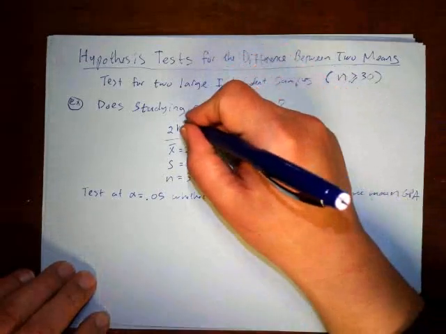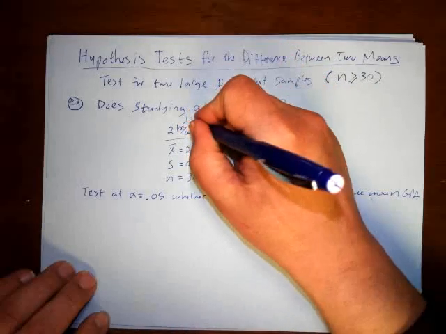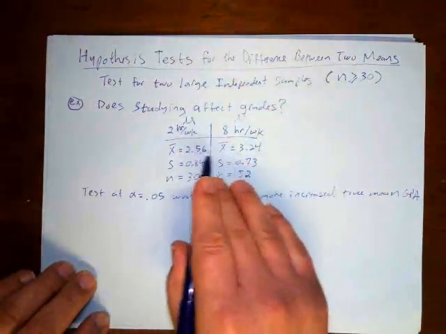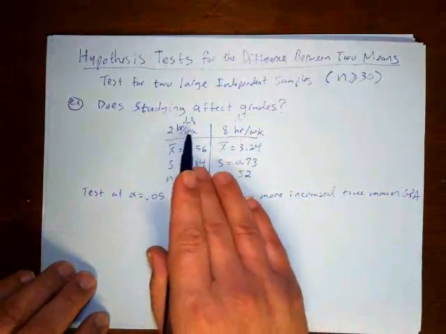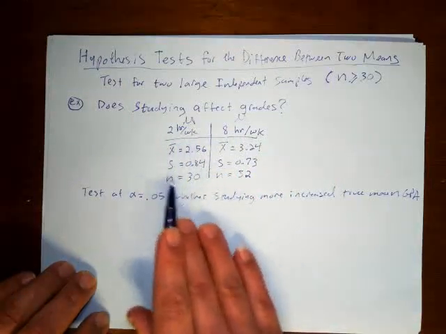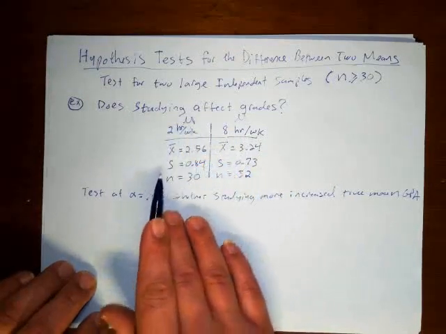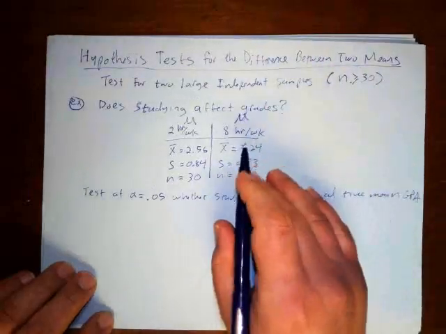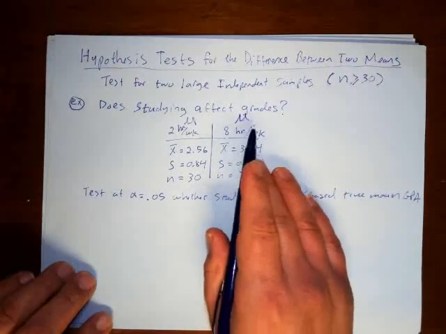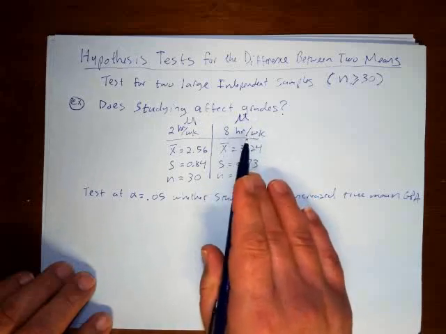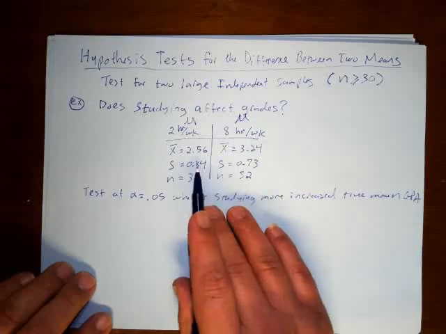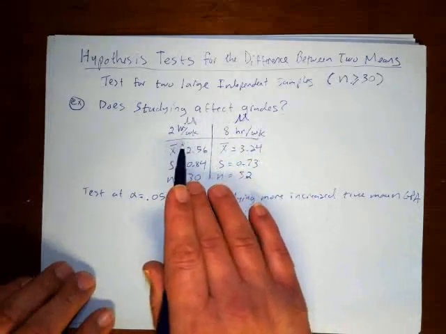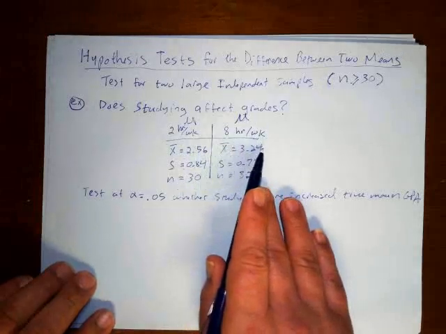Okay, and then what we're going to do is let mu here be what the true average would be for each of these two groups. So mu here would be all those students that study 2 hours a week. This is what their true grade point average would be. And then for all those who studied 8 hours a week, this is what their true grade point average would be. And of course, in a sense, this is kind of hypothetical, because most students maybe some weeks study 2 hours a week, some study 8 hours a week,